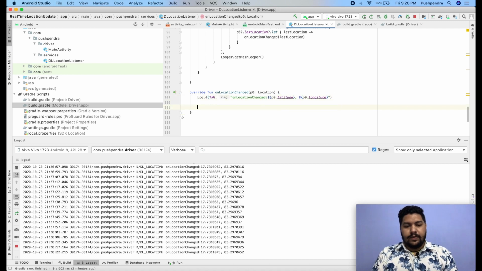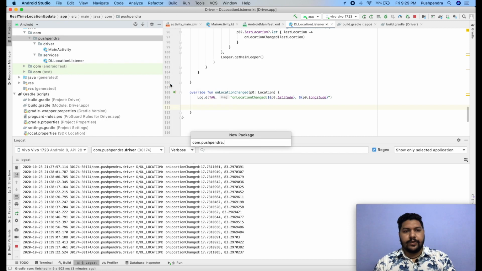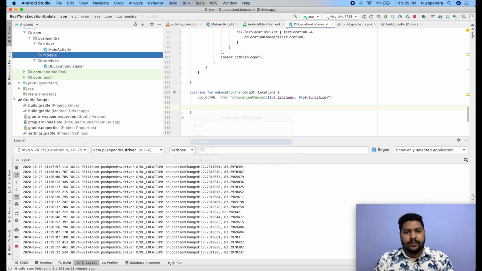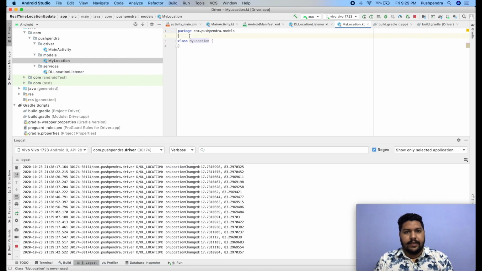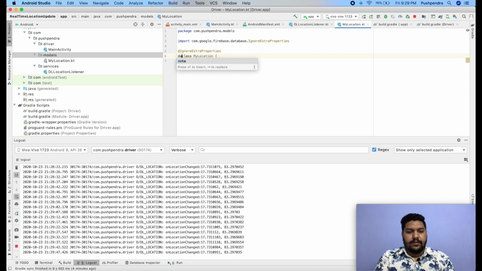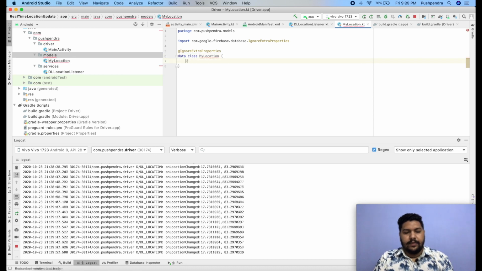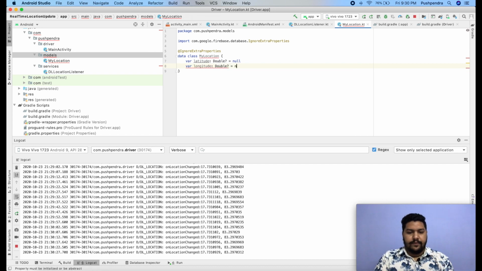So dbref dot set value, creating one model called my location, ignore extra property, and it will be like that. And in front of that I'm going to add data, and what will be inside that, var latitude double, var longitude double, by default null.